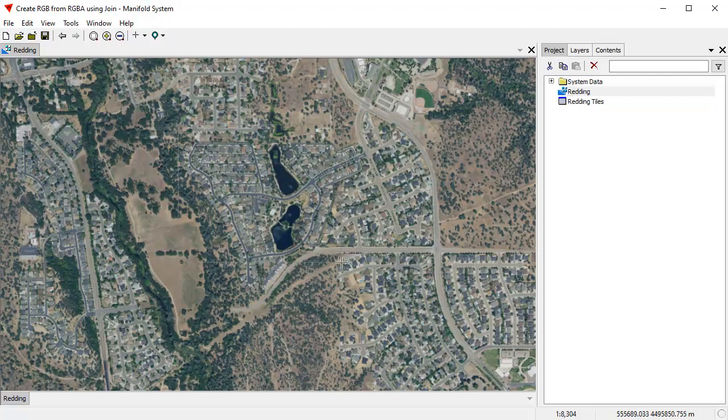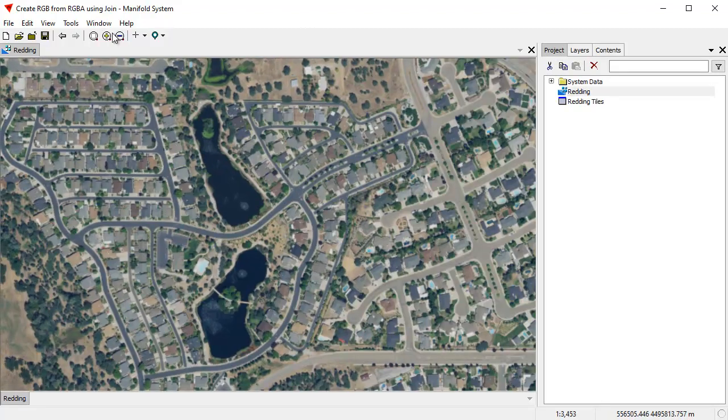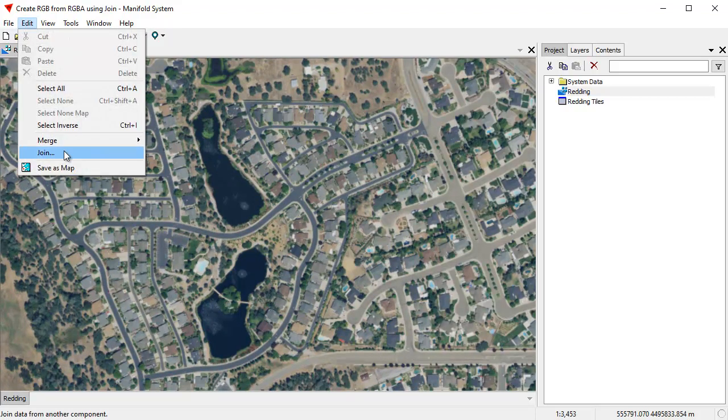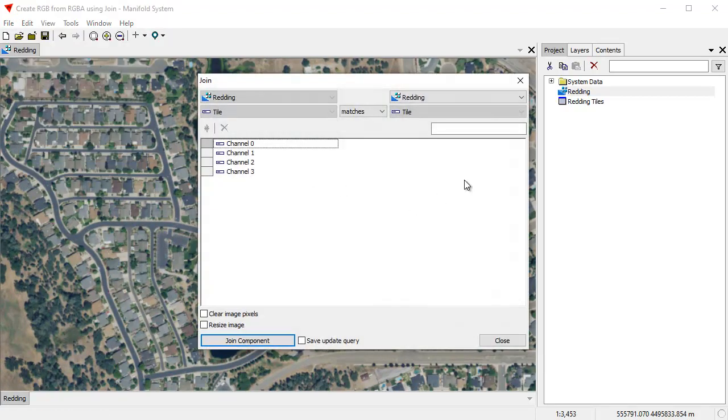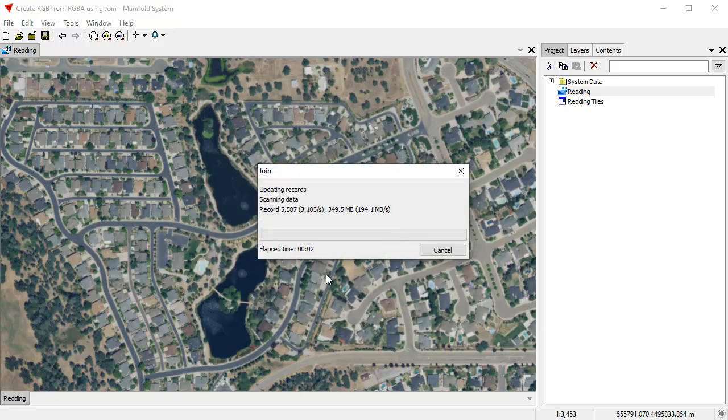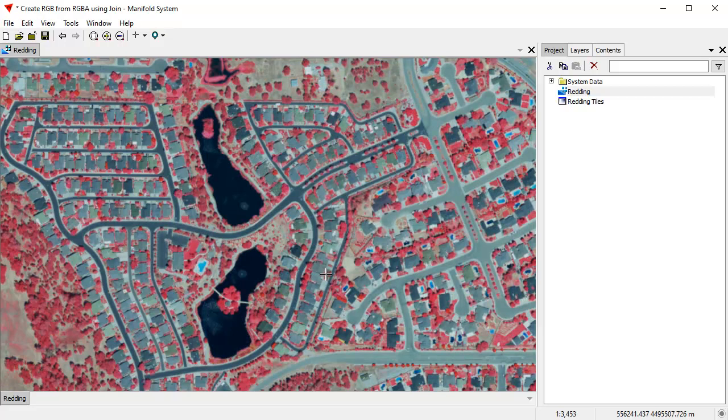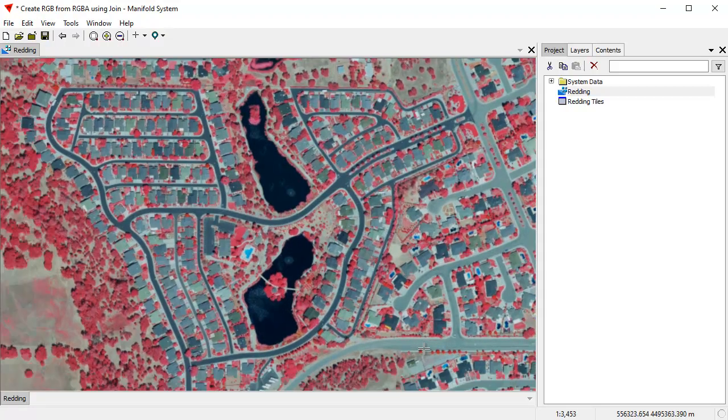Let's zoom in here to a more interesting part of the display, and let's create a false color infrared image from this. The way we can do that, I'll just do this very quickly, it's been featured in a different video, is I'll do a so-called self-join, where I assign channel 3 to channel 0, and channel 0 to channel 1, and channel 1 to channel 2, and we're going to leave channel 3 as is. That's the infrared channel. Click Join Component,